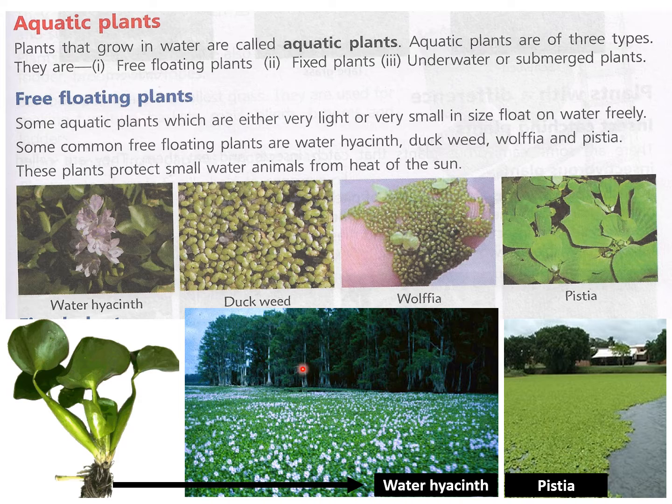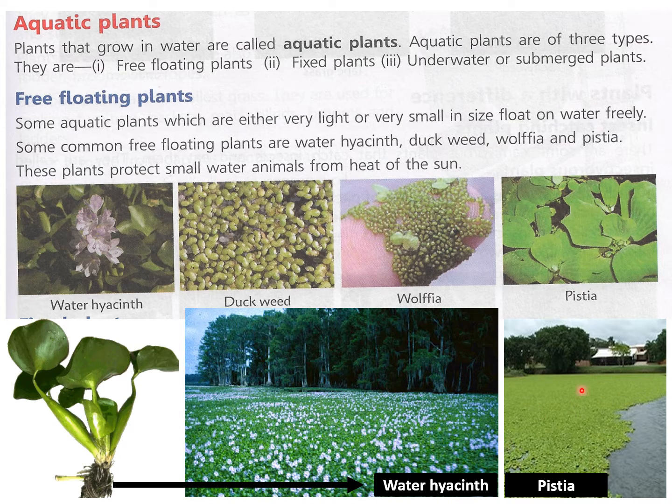You can see spread, this is water hyacinth spread all over this plant. Here you can see this is the plant water hyacinth, and the flower is like this of purple color, and it is grown on the whole pond because it can move from one place to another and goes on growing and covers the whole pond. These plants, especially free floating plants, they mostly cover the whole pond or lake. If they are not cleaned, they just hide everything under them.